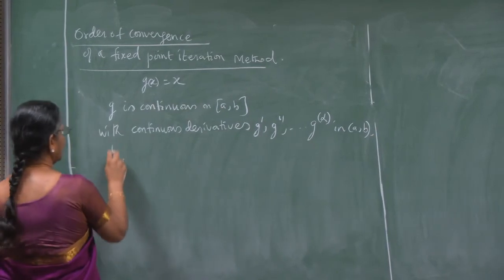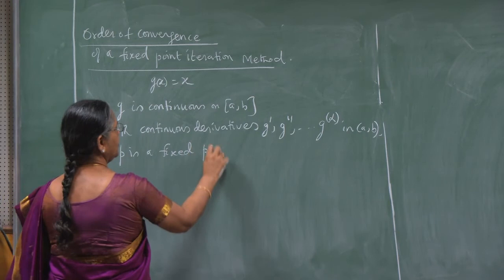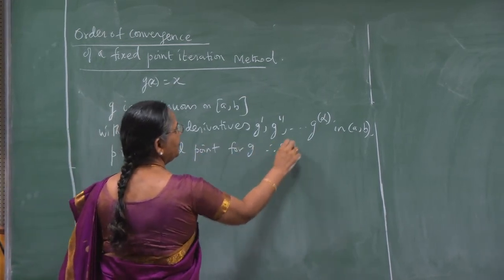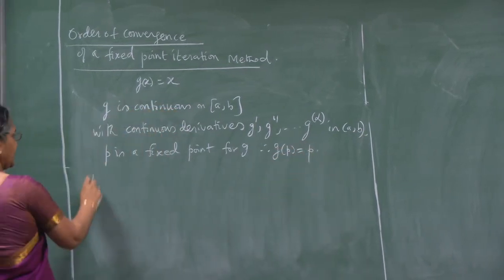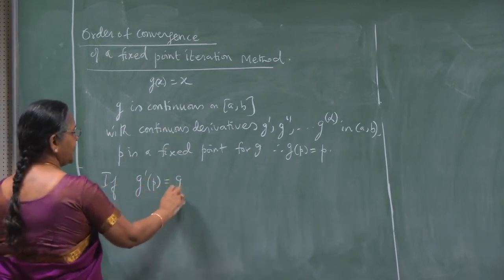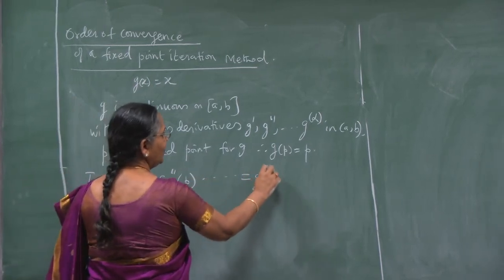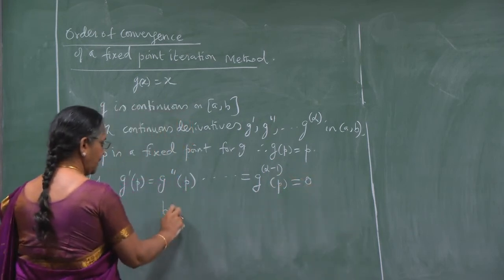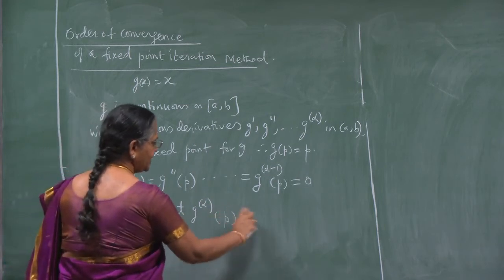p is a fixed point for g. Therefore g of p is p, and if the derivatives are such that g dashed at p, g double dashed at p and so on, up to the alpha minus 1th derivative at p, are all 0, but the alphath derivative of g at p is different from 0,